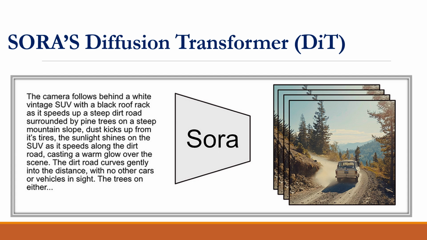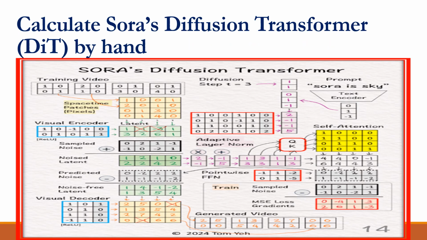Nowadays, Sora is a cutting edge machine learning model which takes written text as input and generates compelling videos as output. So it is a text to video generator which can create videos based on descriptions, scripts or text prompts. So let us try to understand this by calculating the Sora diffusion transformer by hand. This OpenAI Sora is based on a diffusion transformer model, where we have a goal to generate a video which is conditioned by a text prompt and a series of